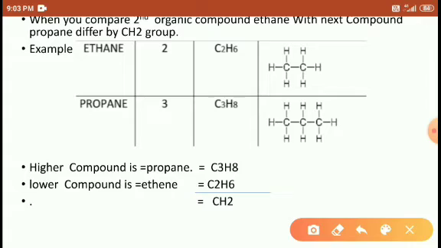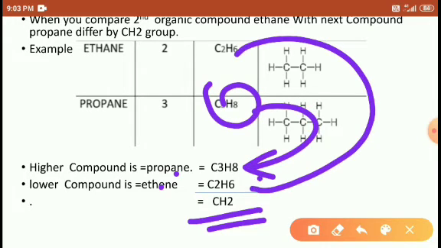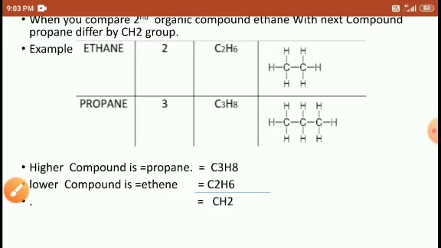The higher compound propane, C3H8, and the lower compound ethane, students. Ethane, C2H6. The difference is CH2. When you compare C3H8 and subtract C2H6, you get: